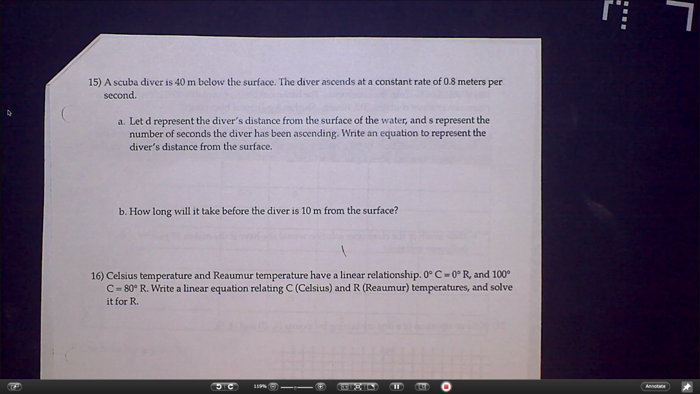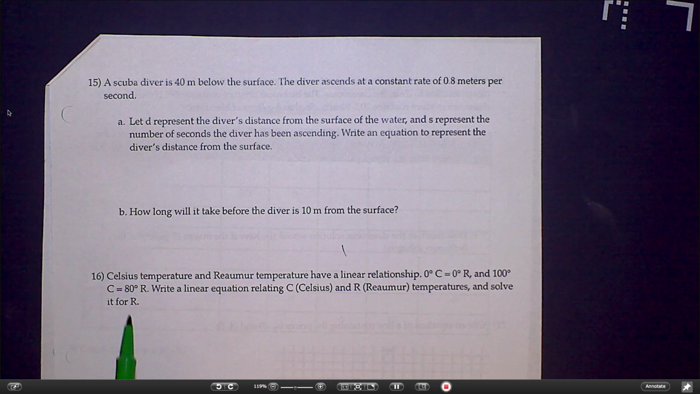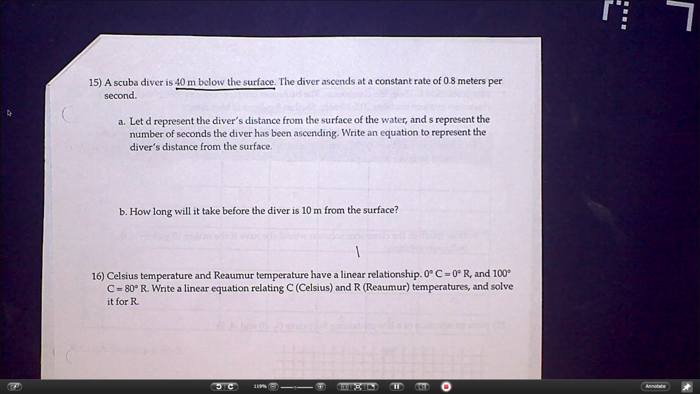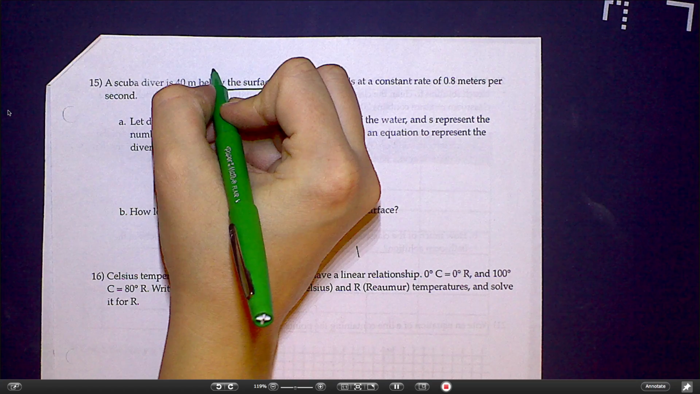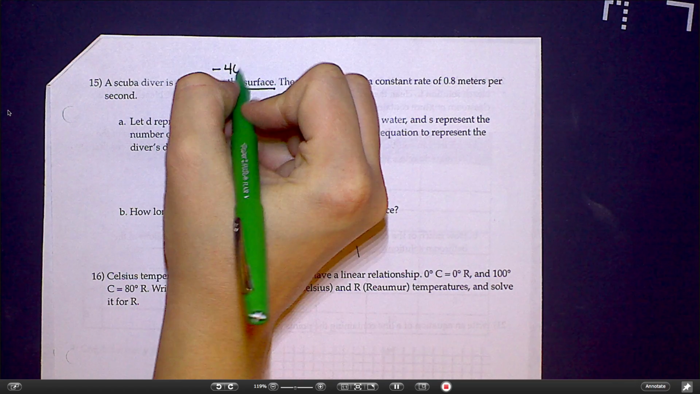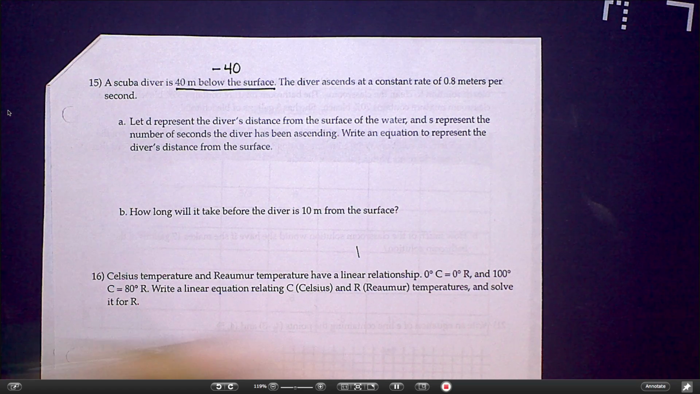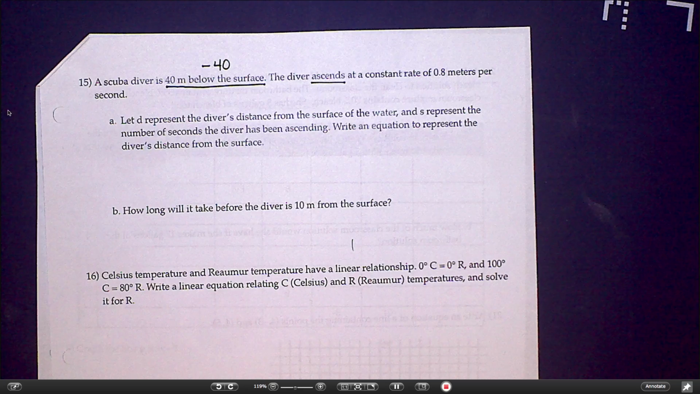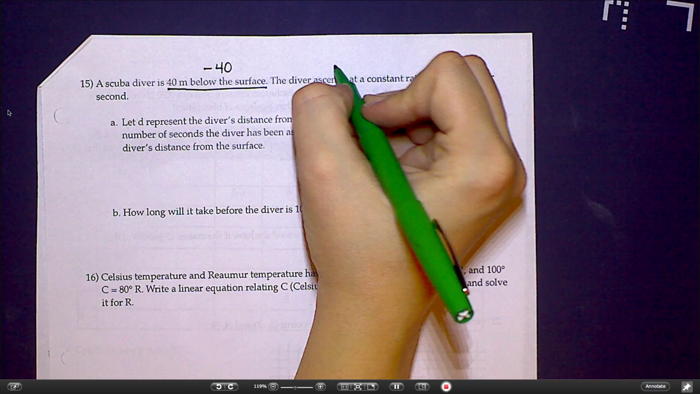Okay, looking at number 15, it says a scuba diver is 40 meters below the surface. So right there, what I want you to catch is that if you're below the surface, that's like a negative 40. And then the word ascend, in case you didn't know, means to come up to the top. So that is a positive